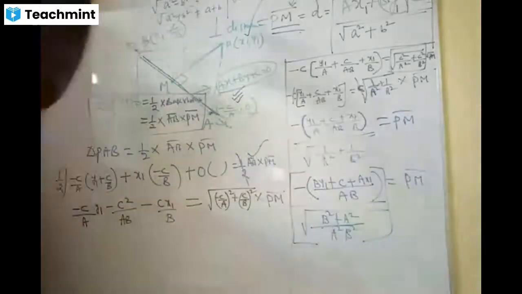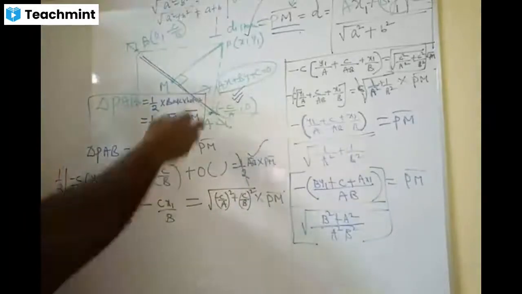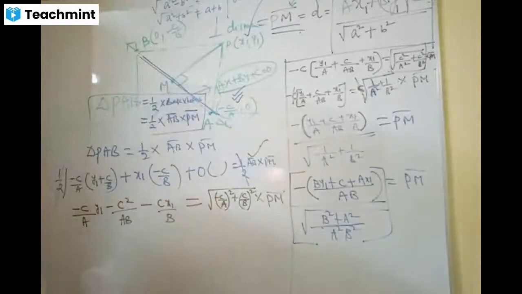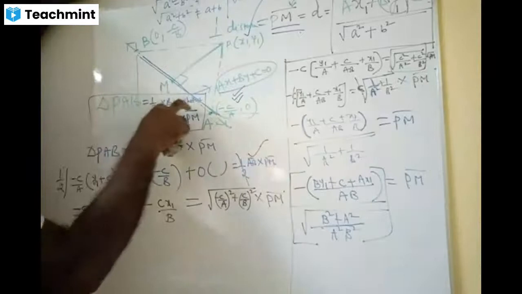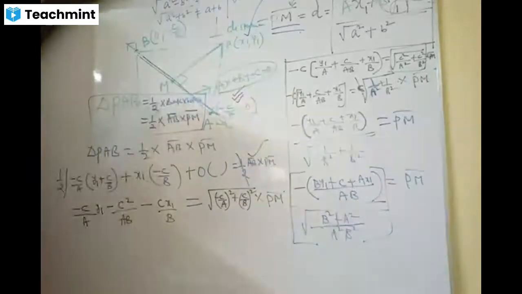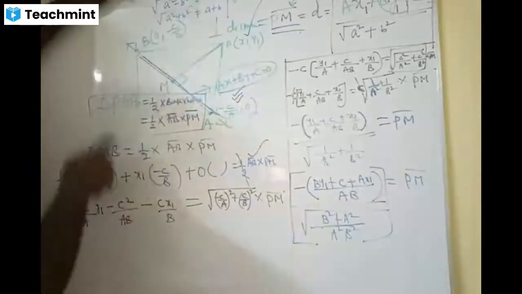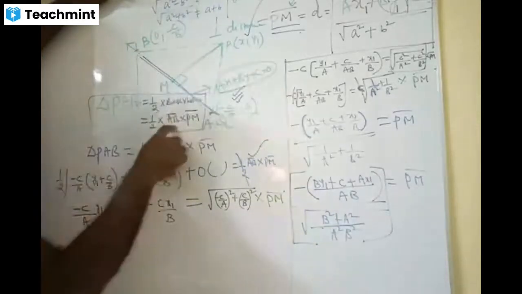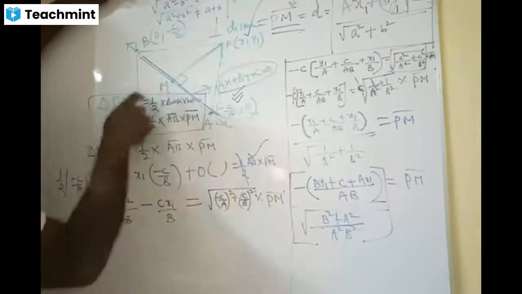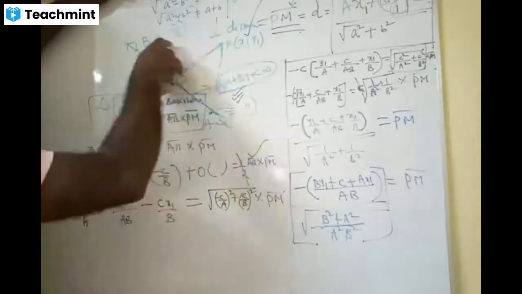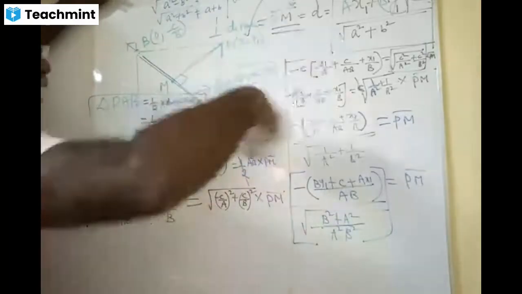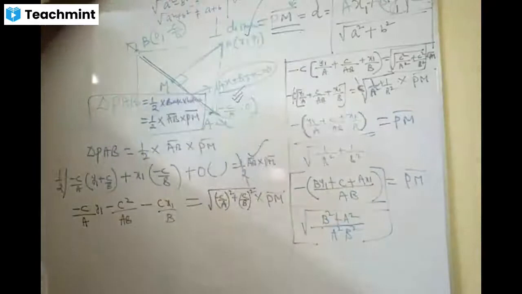I am using the same terminology also. Therefore, there may be A and B in your textbook, so the notations may be different. Otherwise, everybody's story is the same. Area of a triangle is the main concept in deriving this one. You have to complete the triangle now. Triangle PAB, whose area formula is half into base into height. Base is AB, height is PM. Area of a triangle can be found because you know the 3 points here. That we have done here, and then connecting and processing it, we will get like this.